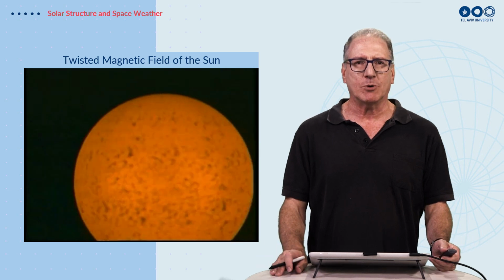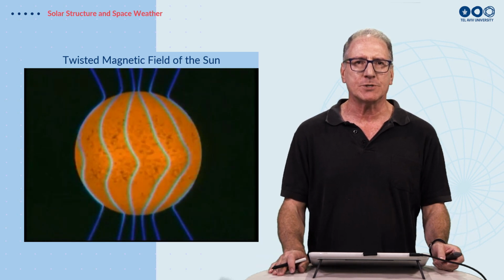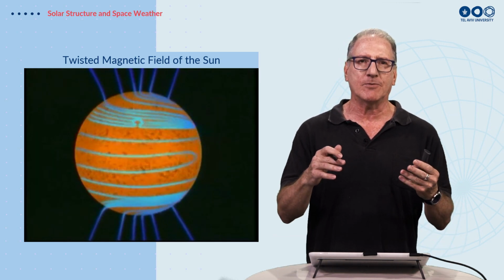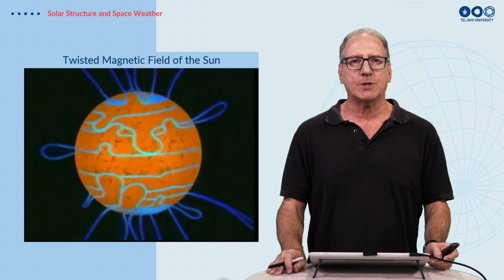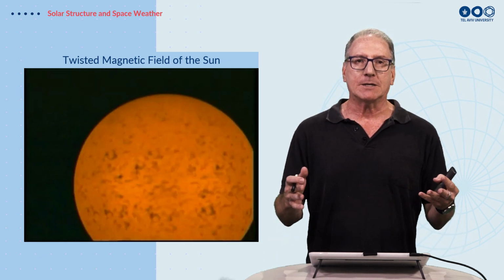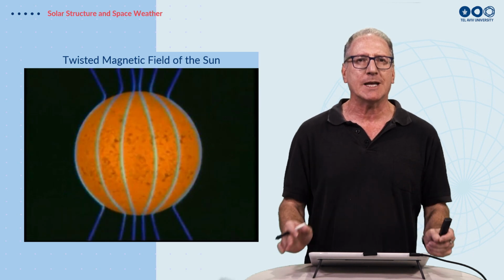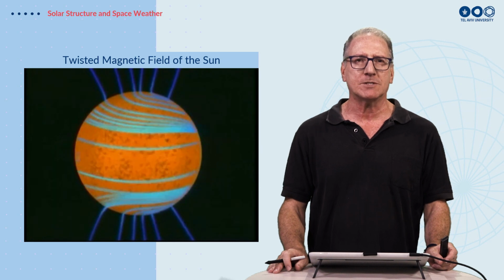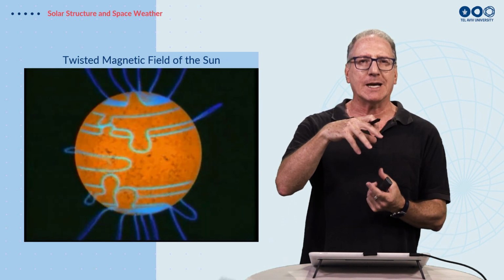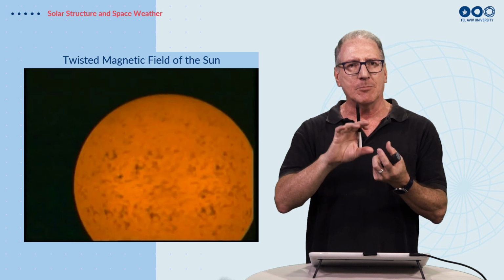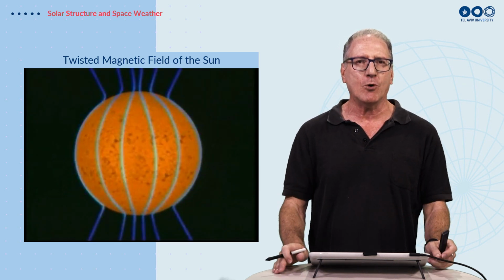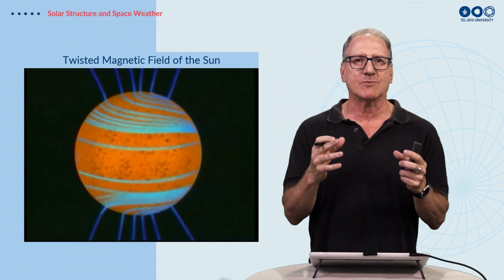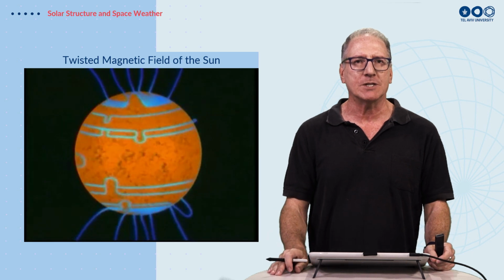Now, how do we get these sunspots? What do we think produces these sunspots? So the sun's magnetic field, we can think of it as being similar to the Earth's magnetic field, where we have a north pole in the north and a south pole in the south. But because we don't have a solid object, you can see in this animation that because the equator is rotating faster than the poles, the magnetic field lines get twisted. You can think of them like spaghetti, being twisted and deformed, and some of these magnetic field lines close to the equator will pop out of the surface of the sun, and this is what is producing the sunspots.